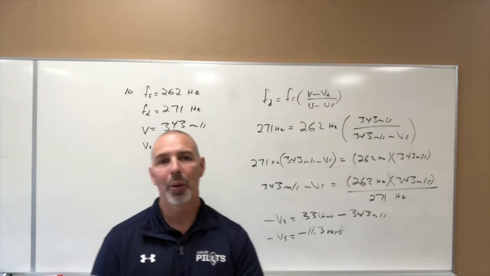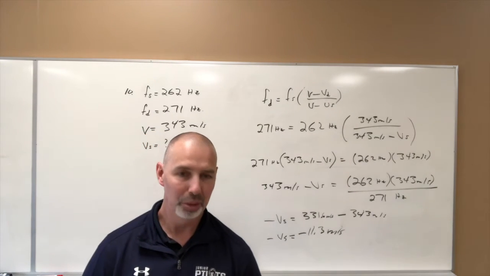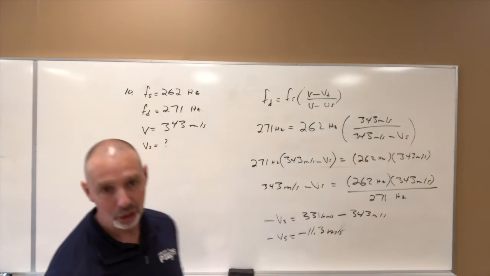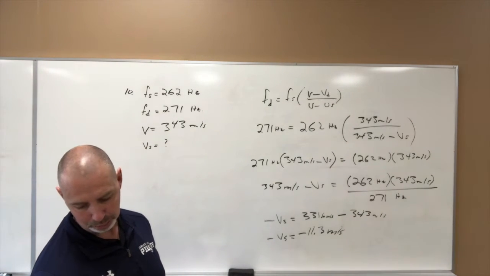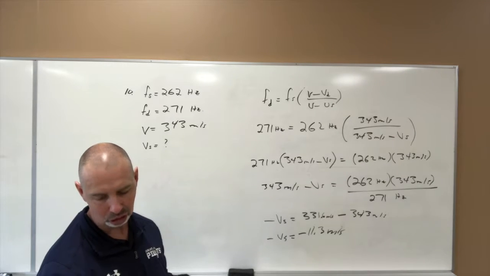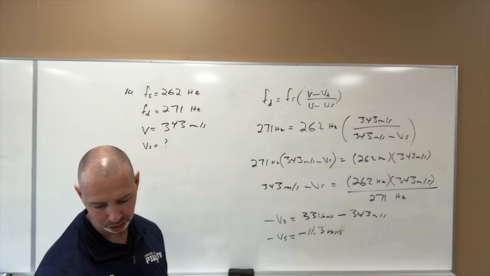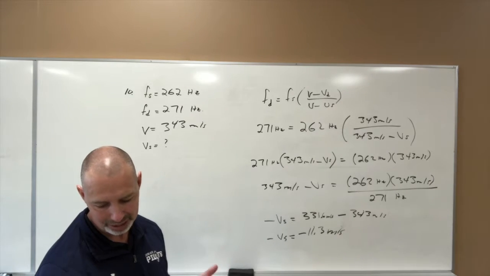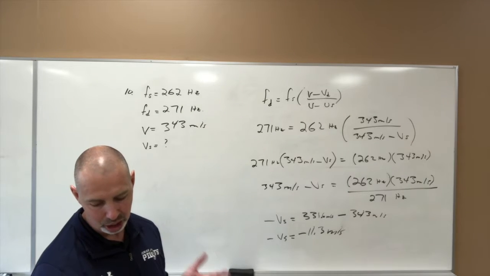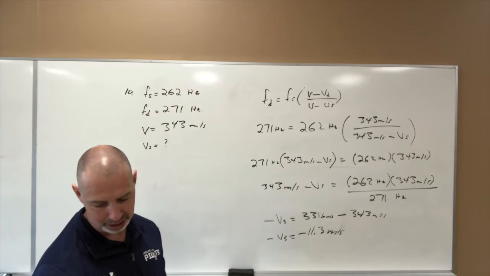As we get started today, we want to look at question number 10 from the assignment yesterday. And here we'll go through it. So in question number 10, you've got a sound source that is playing a middle C, which is 262 hertz. And then the question says, how fast would the source of sound have to go to raise the pitch to 271 hertz, or a sharp C? Use 343 as the speed of sound.